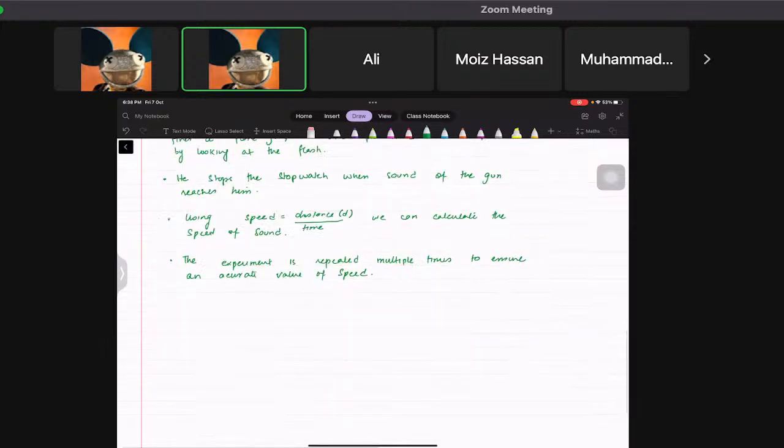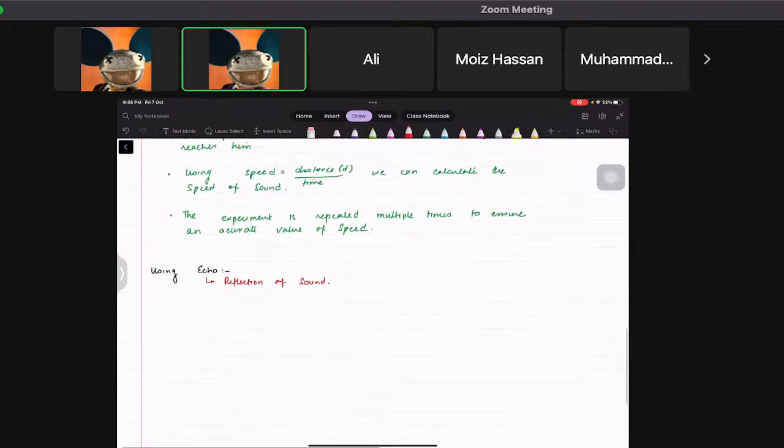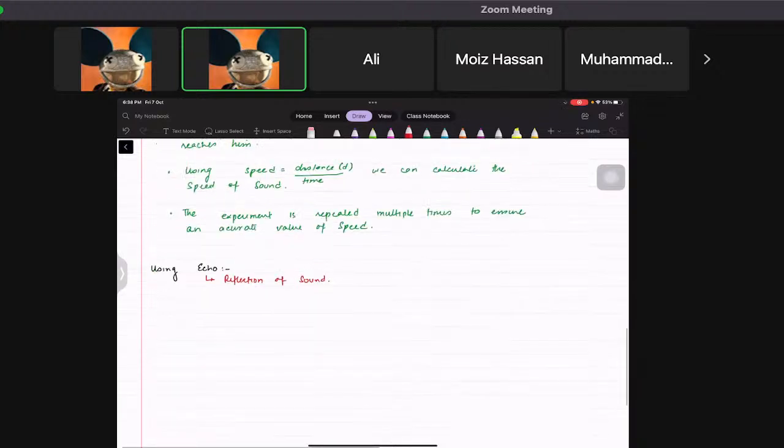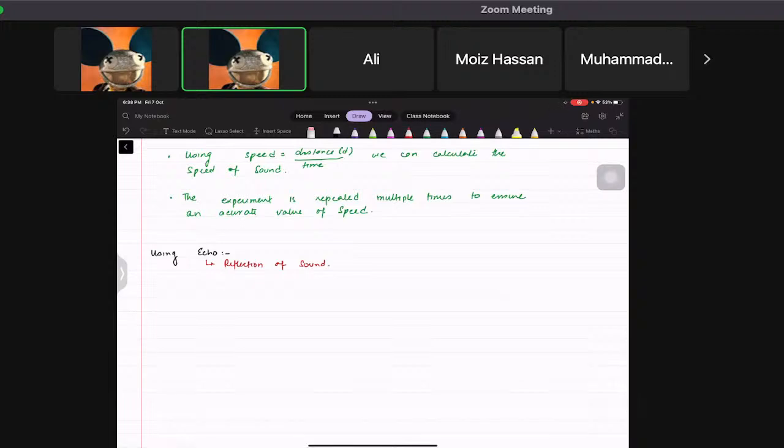So the next experiment is using echo. Now, echo is basically a reflection of sound. When the sound reflects, you hear the sound twice. That's what echo is. So you're going to stand in front of a wall, and the wall should be plain enough. So a plain wall, and then one person,